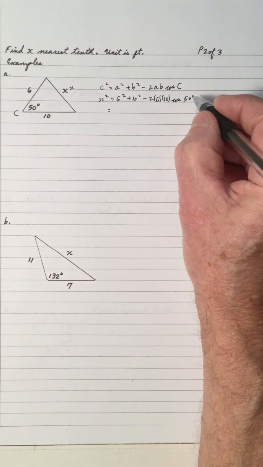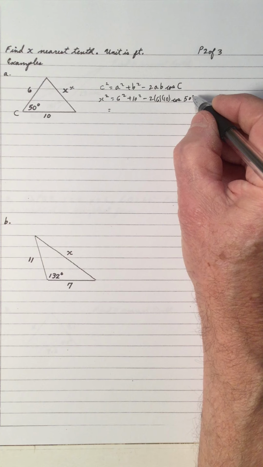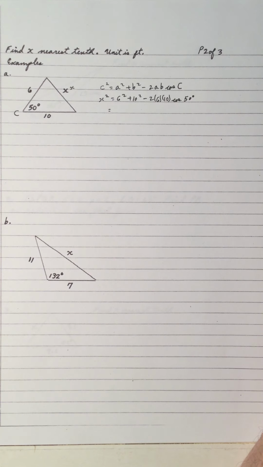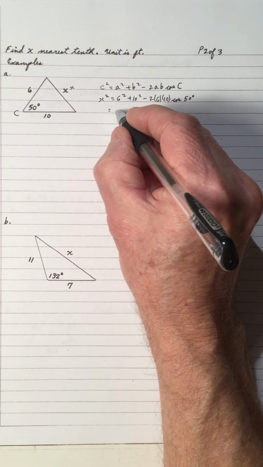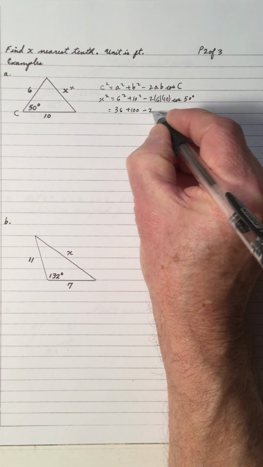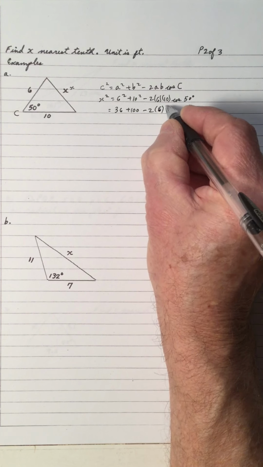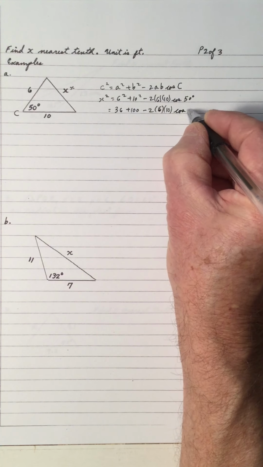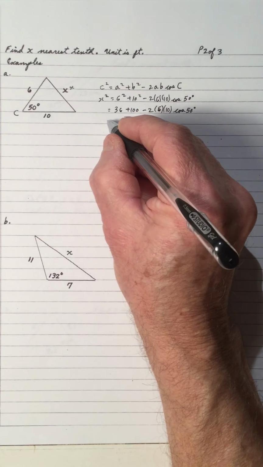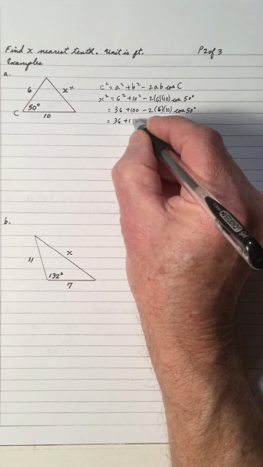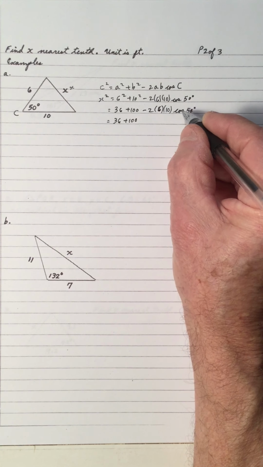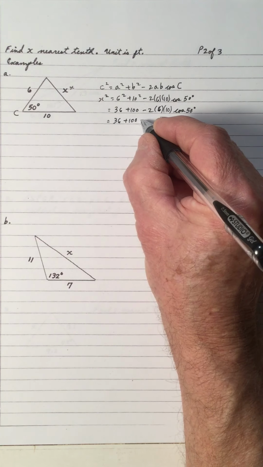I'm going to work this out two ways. I'm going to work it out using my pencil and a little bit of the calculator, and I'm going to work it out totally with a calculator. I'll show you now. 6 squared is 36, 10 squared is 100, minus 2 times 6 times 10. I'm obeying PEMDAS, so I do my squares first. Now I'm going to leave that alone, and multiply negative 2 times 6 times 10 times cos 50 on my calculator, and that'll give me a negative